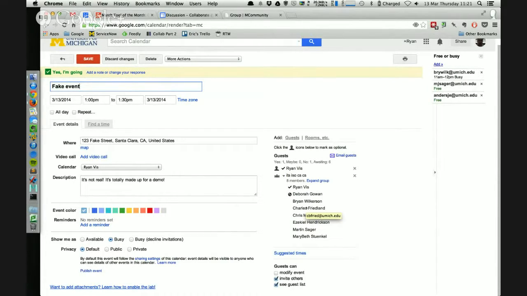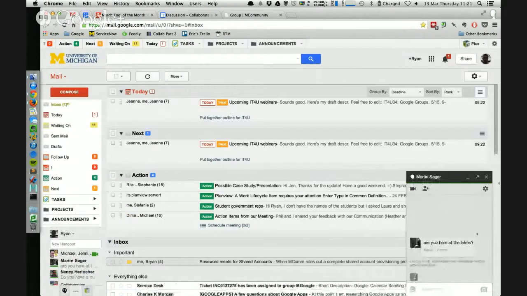They can still add it to their calendar, but some people may be familiar with the kind of salmon error you get that says you don't own this event, so you can't add it to your calendar. That will still happen. But as long as...